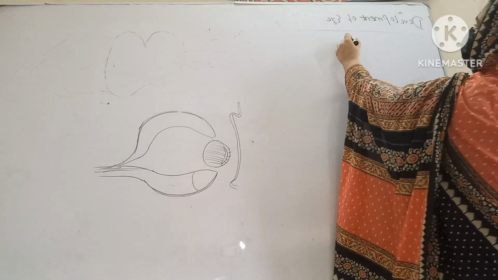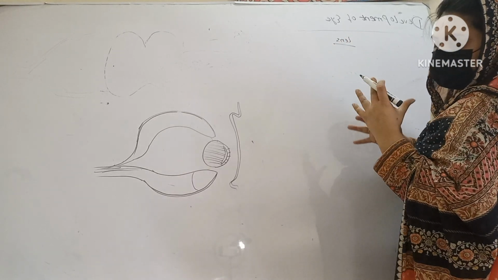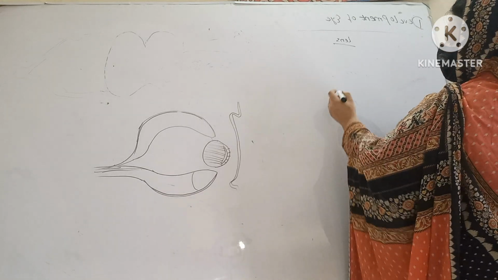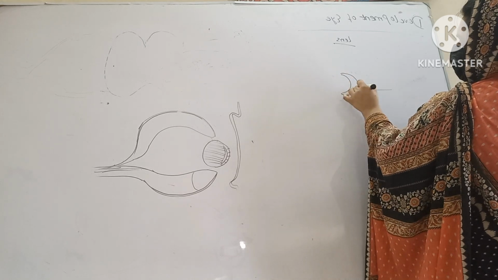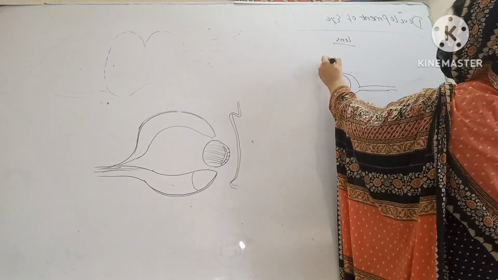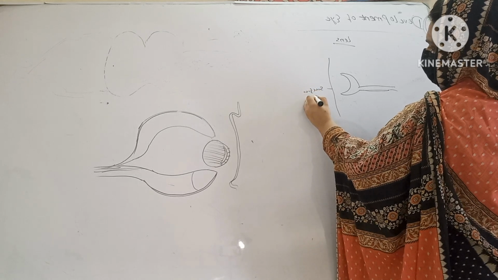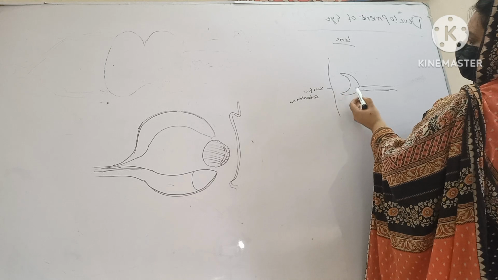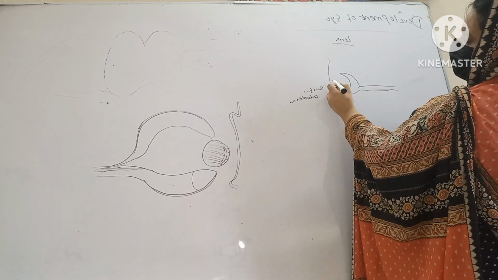In the development of the lens, you must know that the lens develops by the inductive influence of the optic cup. This was the optic cup, which has the choroidal fissure beneath. This optic cup is surrounded by the surface ectoderm. Under the influence of this optic cup, this surface ectoderm will develop